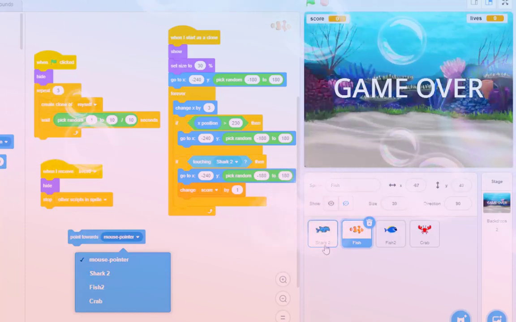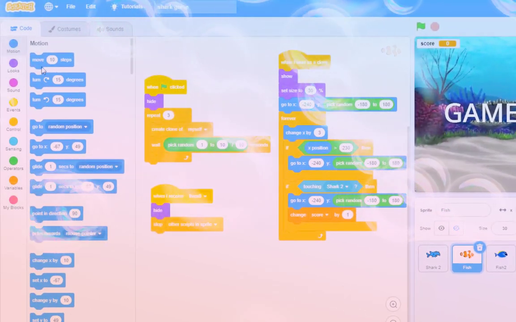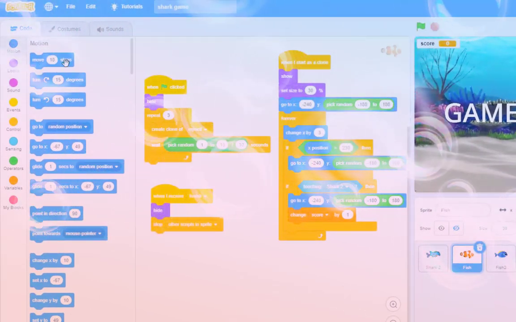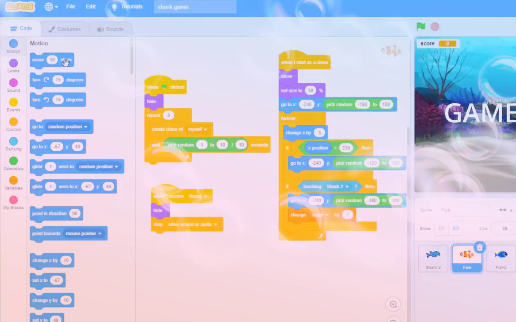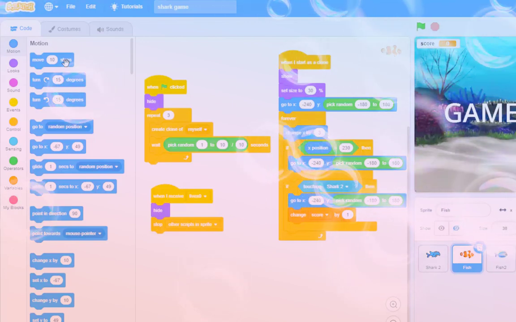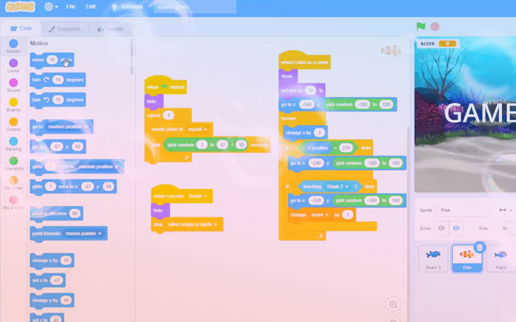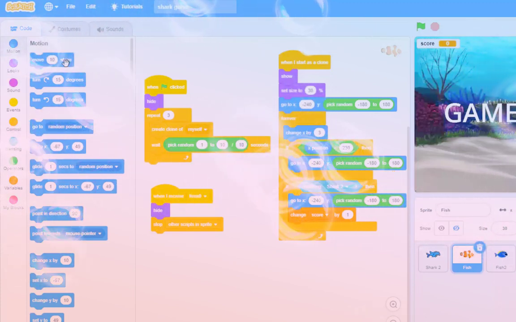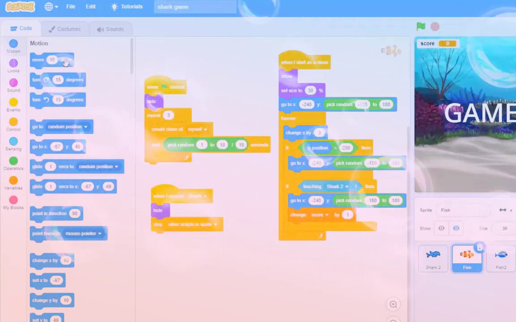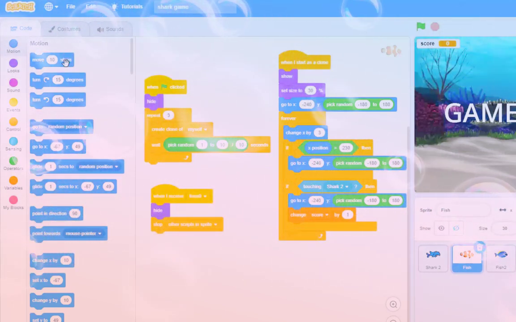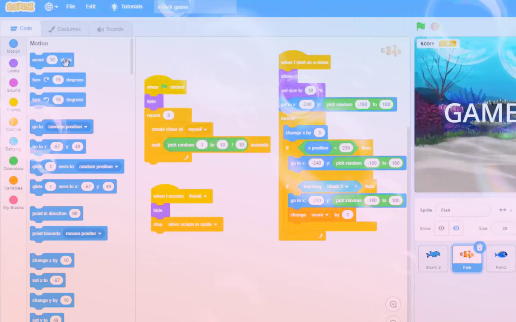as it's called there, Shark 2, and instead of changing X and Y, you can use this move so many steps, and it might do that forever. Or maybe it's got its own little timer and the pufferfish only comes in for 15 seconds and he slowly heads towards Mr. Shark, and then after 15 seconds he might flash and disappear. Again, there is nothing new to that, apart from the timer bit, you can learn that from Mole Smash, but you now have enough skills here that you can go and improve upon what we've